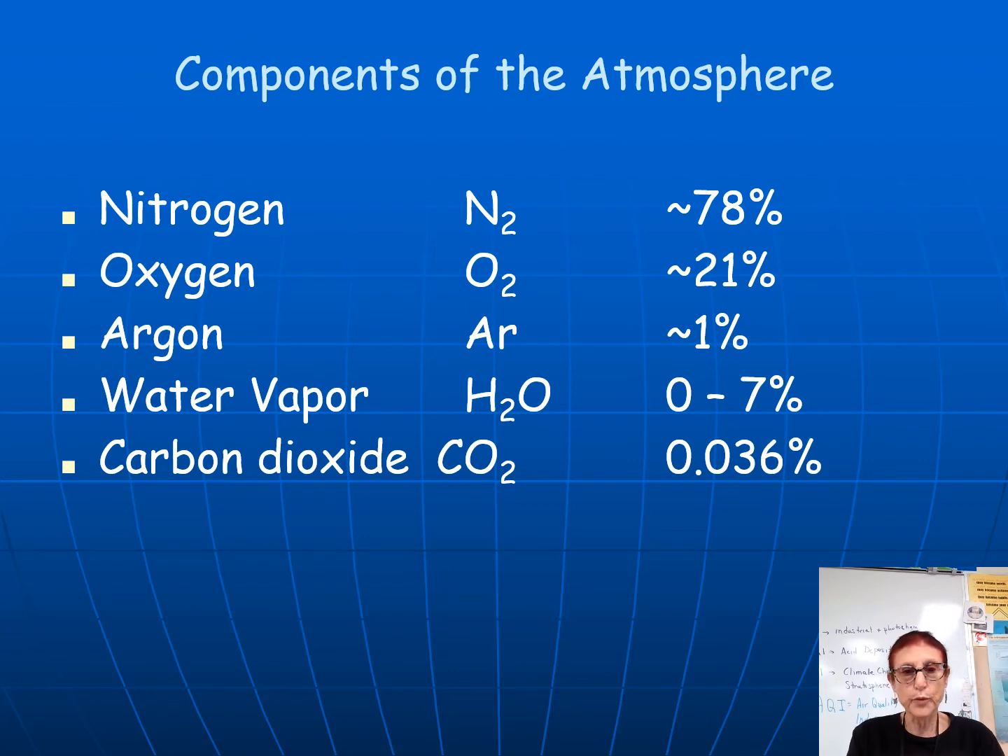Water vapor will vary, and carbon dioxide is a dry component of our atmosphere. The amount of carbon dioxide in the atmosphere will vary, remember, seasonally, depending on whether it's growing season or a dormant season for most vegetation. When you look at the components of the atmosphere,